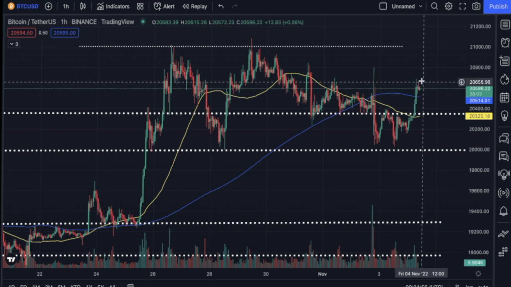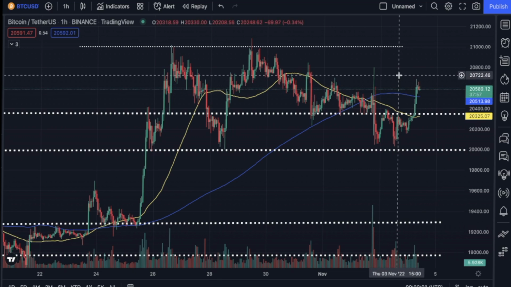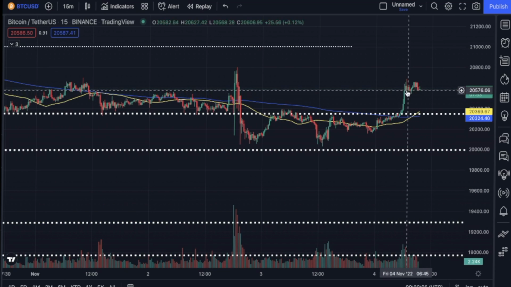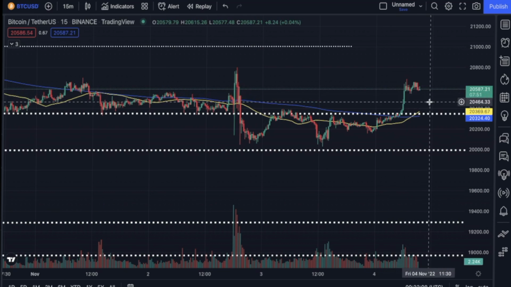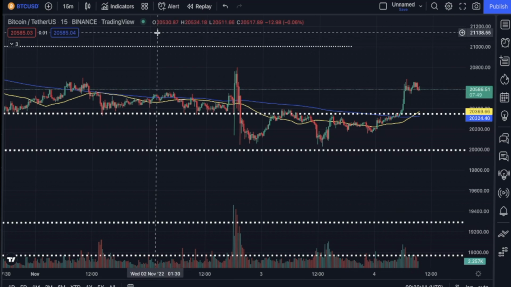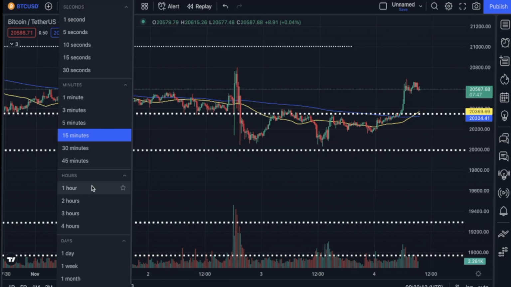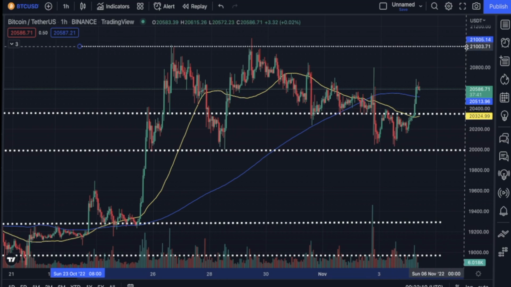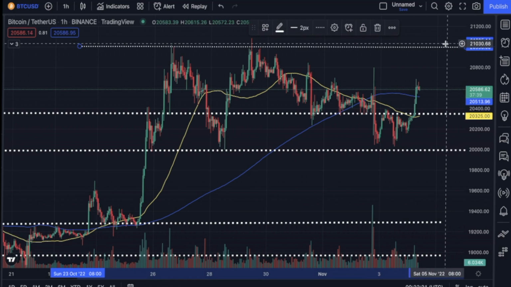And it seems to be consolidating around this area. So this indicates a potential move upwards as well. So just quickly we can take a look at the 15-minute chart. Yeah, so as you see, it's forming a continuation pattern on the 15-minute chart. So it's quite likely that the price will continue to climb higher and could reach the 21,000 resistance area in the